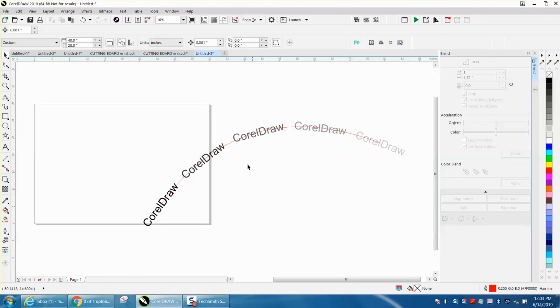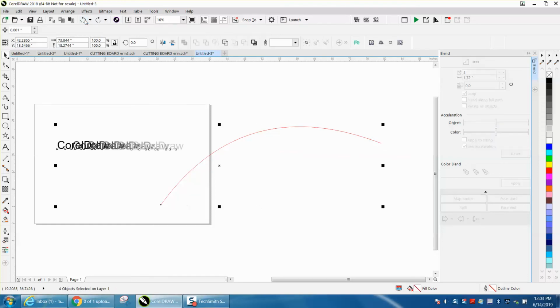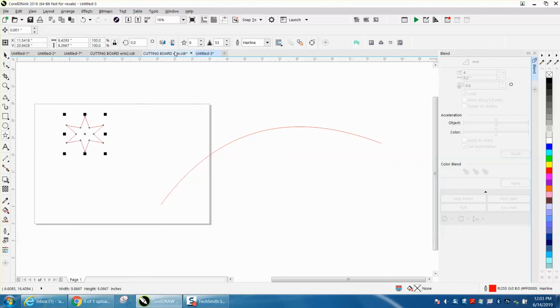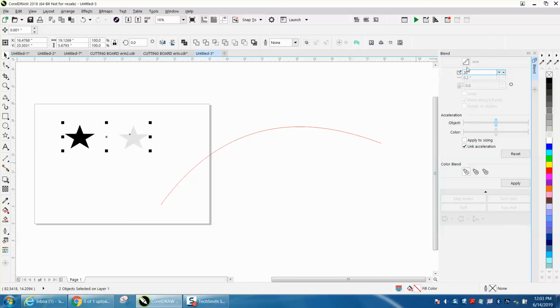I'm not saying you'd ever do it with text, but you could do it with stars. Let's back up here and do it with some stars or petals of a leaf, but I'm going to use stars. So let's make a 5-sided star, make it a little smaller, fill that in with black, no outline, Control D, make a duplicate, make that a light gray, select both of them, let's just blend 3, apply